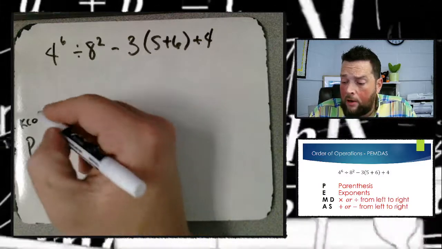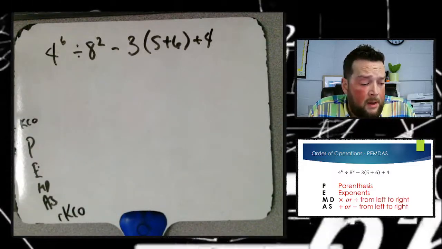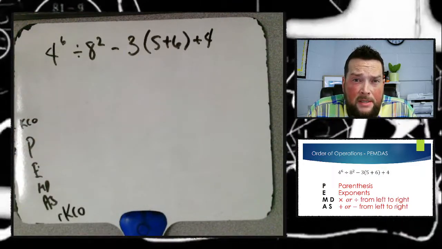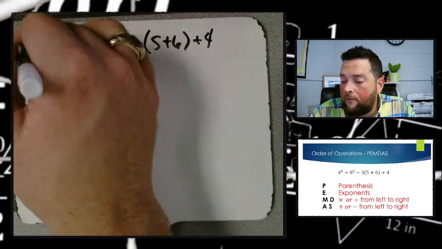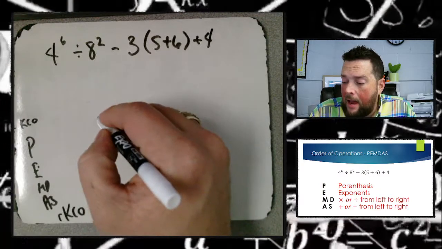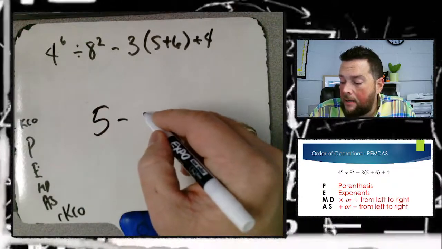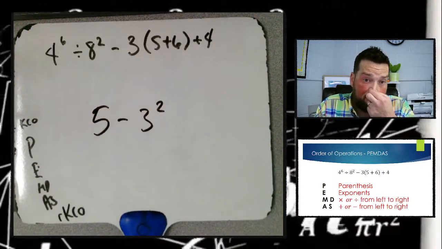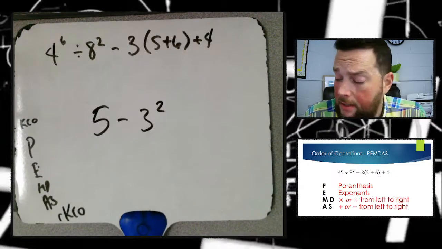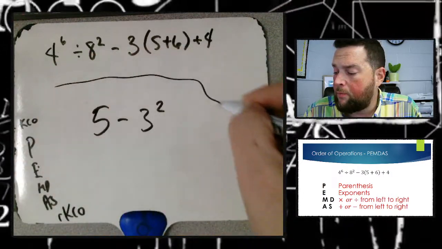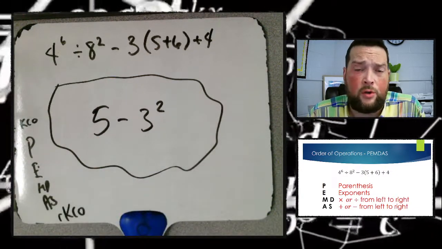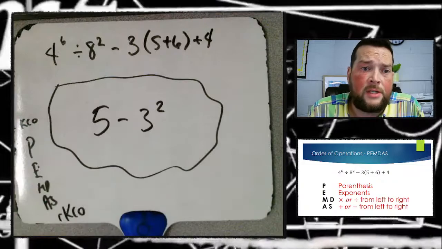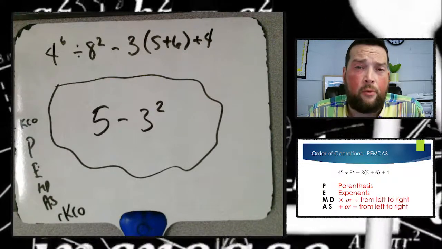Now there's one little rule that you need to remember if you're going to do keep change opposite at the very beginning, and it has to do with, let's forget about this problem for just a second, and let's just do this one right here. 5 minus 3 to the power of 2. Right? It has to do with exponents. If I were just taking this problem right here, 5 minus 3 to the power of 2, and I were going to simplify this expression using an order of operations,